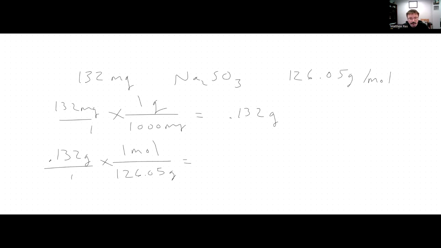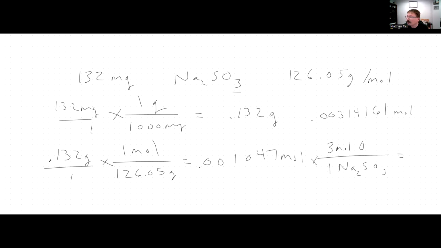And we get 0.001047 moles. And then for that, for every sodium sulfate that we have, 3 moles of oxygen. So I want to multiply that by 3. That gives me 0.00314161